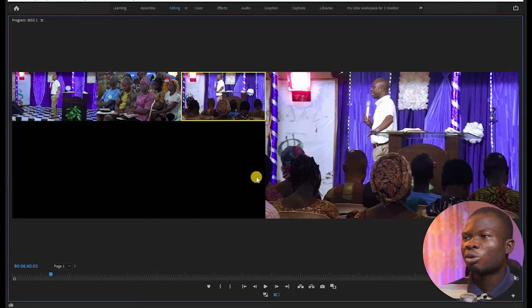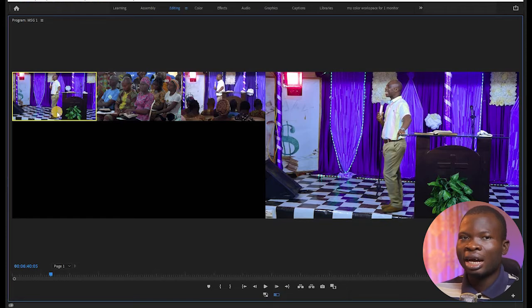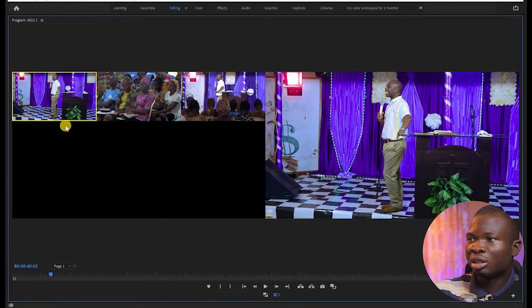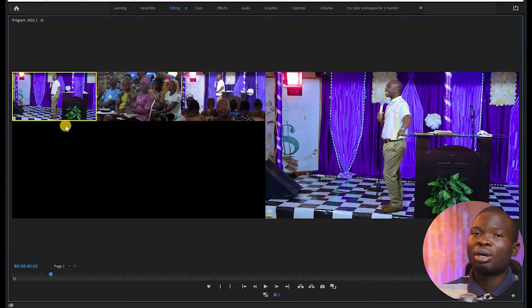All right, so I can start with camera 1 as I play the video. Notice that this yellow icon, this yellow box here, is going to change to red. That means your changes are being recorded as you play along. But right now, I'm just changing the shots at this particular spot. So I can start the camera 1. So as I play along,